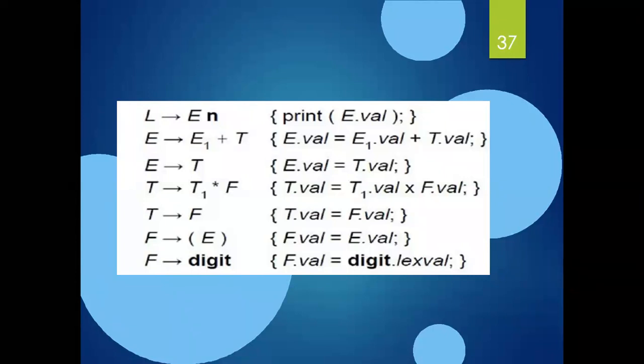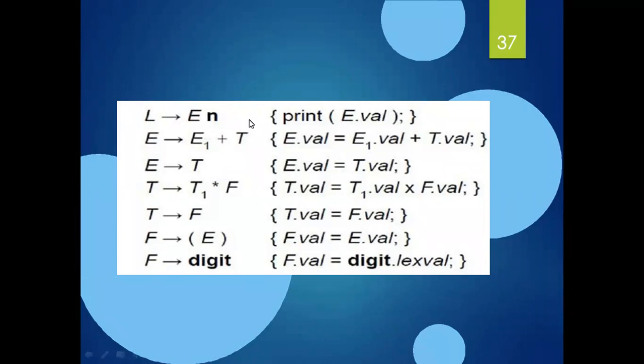Why? Because here we are processing in a bottom up fashion, and the attributes that are associated with the nodes are dot val attributes. Make a note of this dot val. See in the slide, there is an example where the grammar consists of a set of rules, and for each and every rule there is a corresponding semantic action written there. And what it means is the semantic actions are